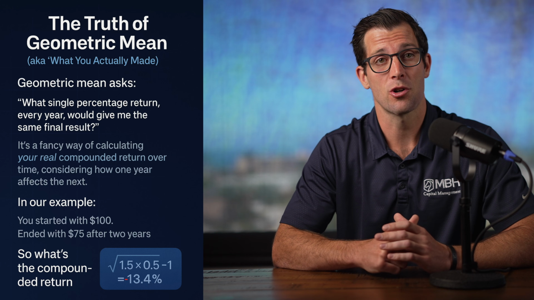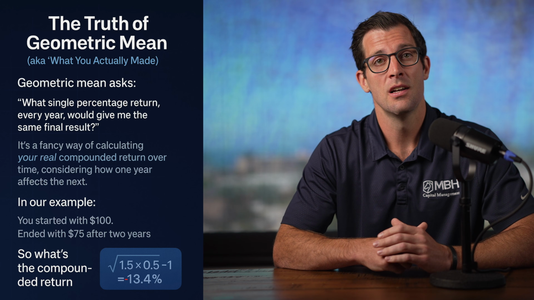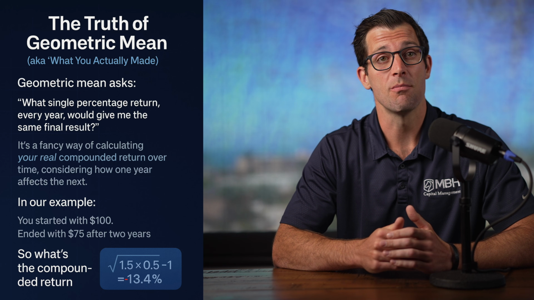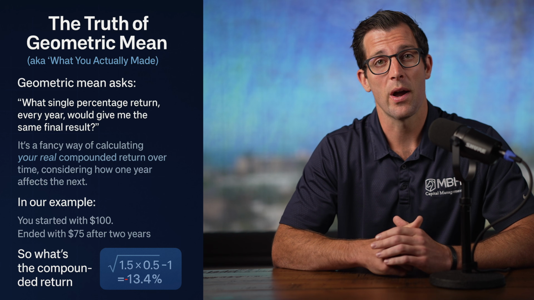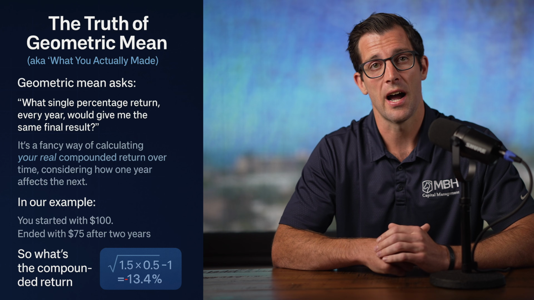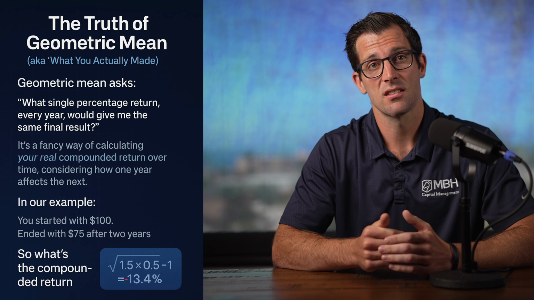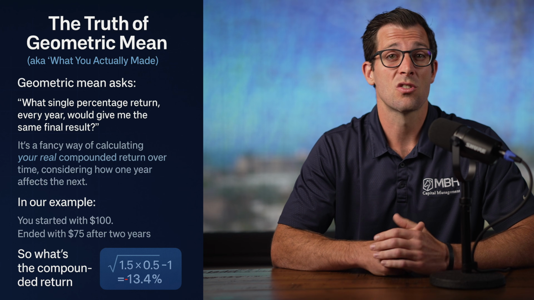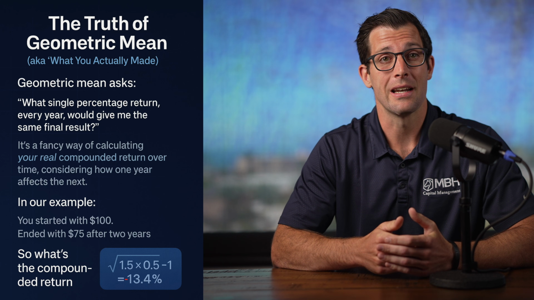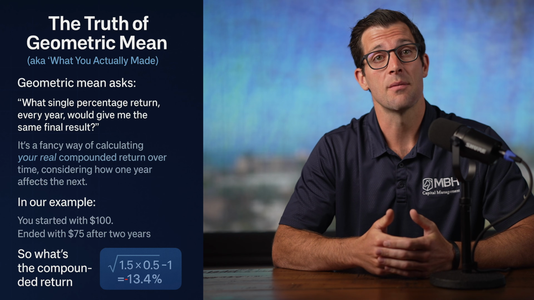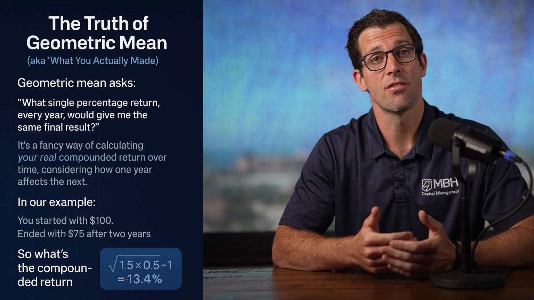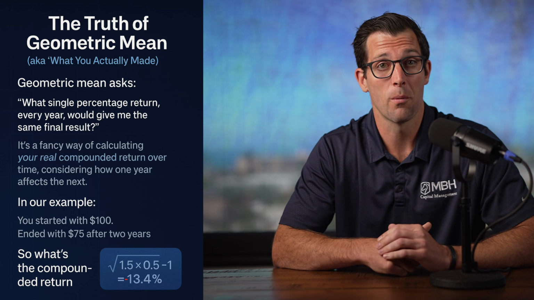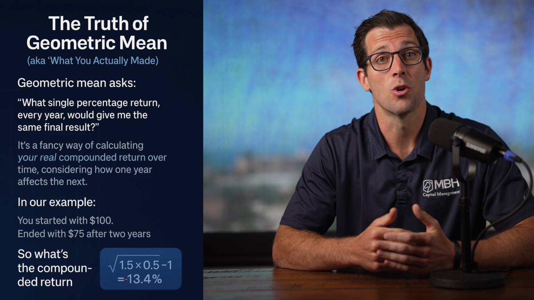The truth about the geometric mean, aka what actually matters. The geometric mean asks, what single percent return every year would give me the same final result? It's a fancy way of calculating your real compounded return over time, considering how one year affects the next. In our example, you started with $100, and ended with 75 after 2 years. So what's the compounded return? The geometric mean is the square root of 1.5 times 0.5, minus 1, or negative 13.4%. Translation, you didn't make 0%, you lost 13.4% a year on average, which is much closer to your real experience